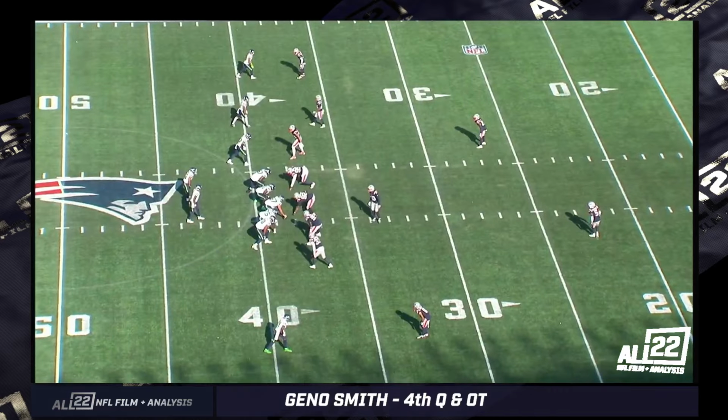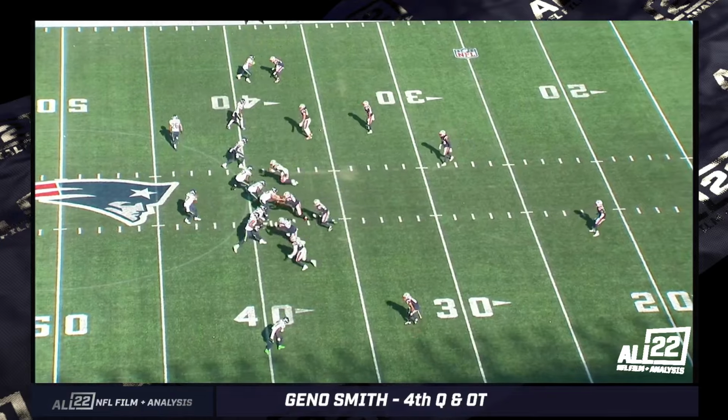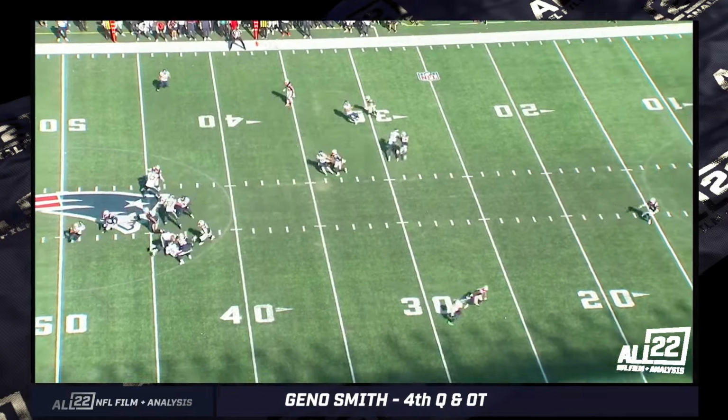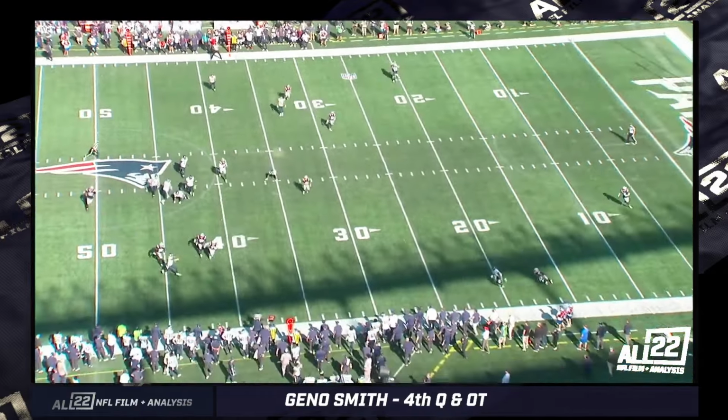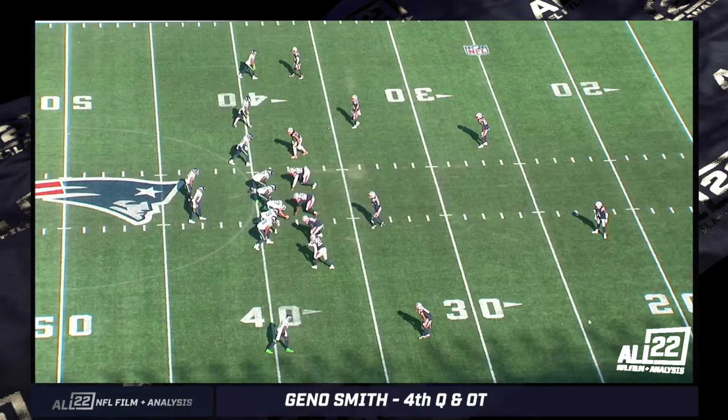I don't know how he's not being talked about as a player of the week. Maybe the stats weren't there from a touchdown perspective, only 1 touchdown, but everything else, decision-making, throwing, in this case, throwing on the run. DK Metcalf, unusual route down here, the way that it works out. He ends up working to the inside here, and it doesn't look like he's coming back to the sideline until